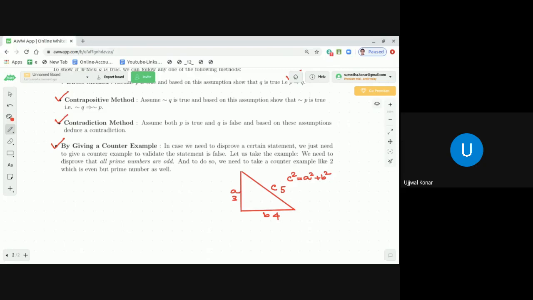Now, by just showing that 5 square equals 3 square plus 4 square, you are not able to prove the Pythagoras theorem. You can only show its validity for this right angle triangle where the three side lengths are 3 units, 4 units, and 5 units respectively. To prove, only one example is not sufficient. But if you need to disprove something,